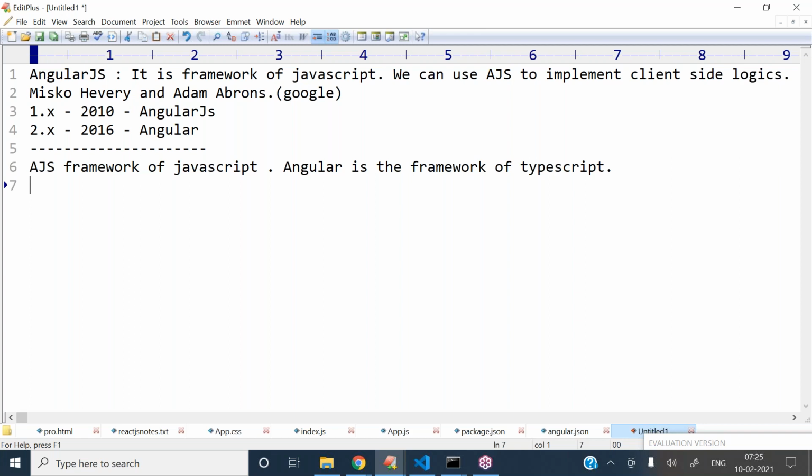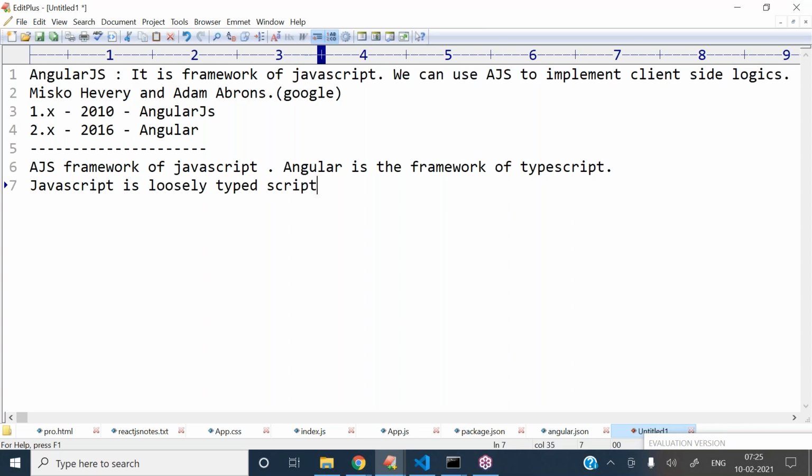So now you can ask me why they use TypeScript in Angular. Is there any issue or any problem we have with JavaScript? So here the thing is, JavaScript is a loosely typed script.